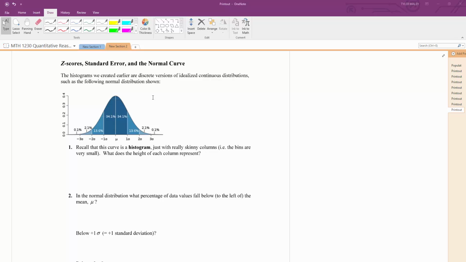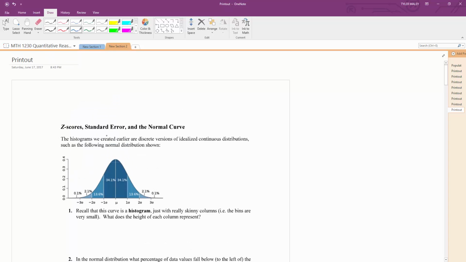So before we looked at a normal distribution, and remember when we create a histogram, if the bars get really, really small, the idea is that this is still a histogram. We have just really small bars. So the smaller and smaller that we can make these bars,